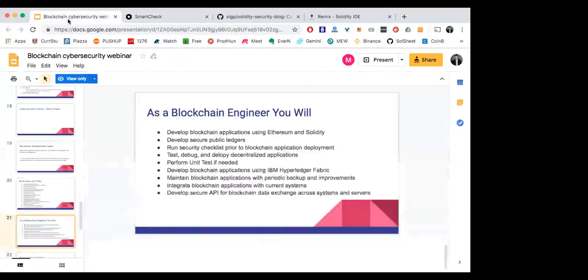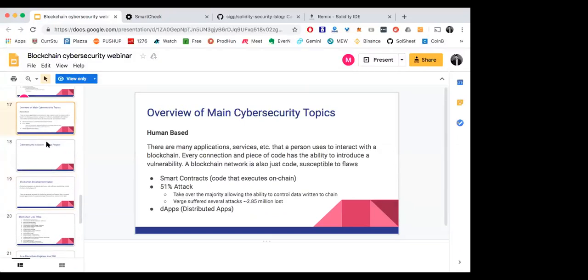So this is all I was going to do. It's a very simple one. Just a quick intro to the demo. What I do as a developer mostly is smart contract development. A smart contract is all it really is, a piece of code that runs on a decentralized protocol like Ethereum.